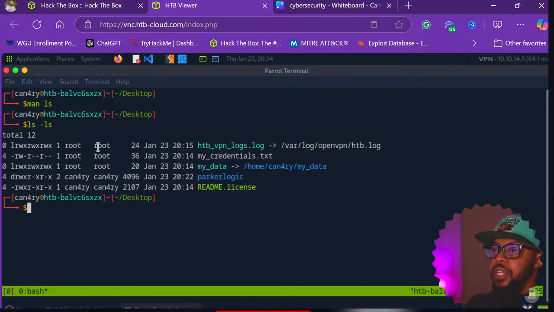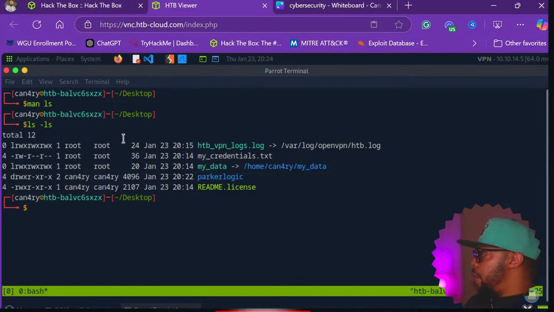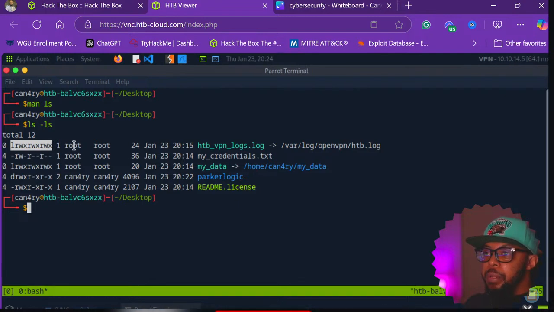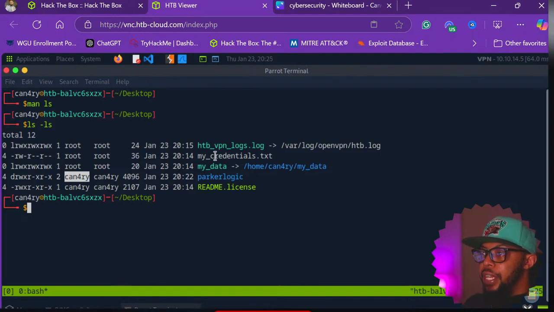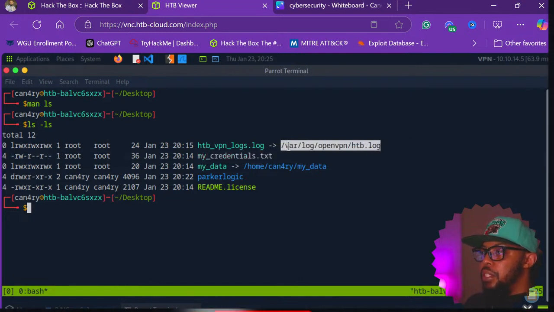Let's see what happens. Boom. So now you see it looks like the last ls, but now it's showing a lot more information than it was before. Now it's showing us this root, the user, and all of this: how many files are involved, the dates, and so on. You get it. This also shows the path, and we'll get into paths very shortly. So this is how you get to var log openvpn htb.log. All right, so with that being said,